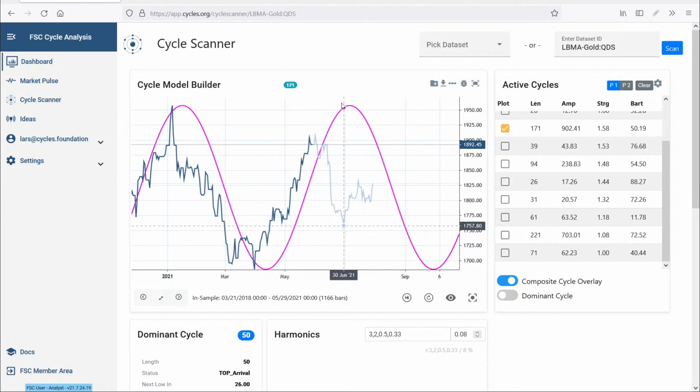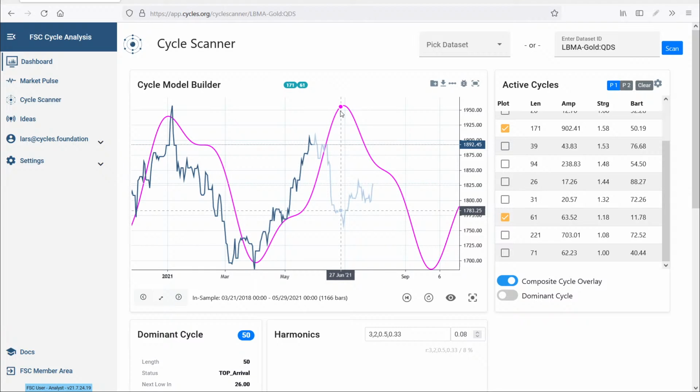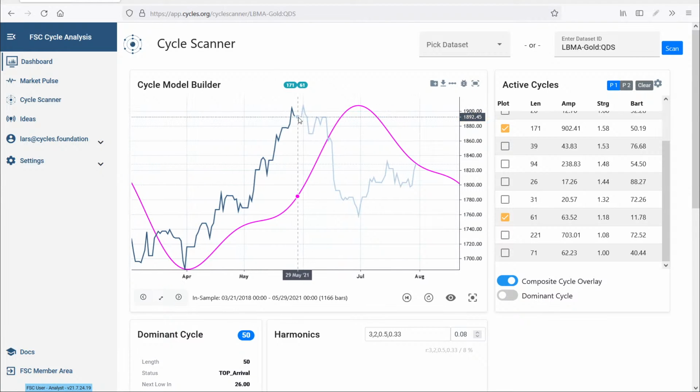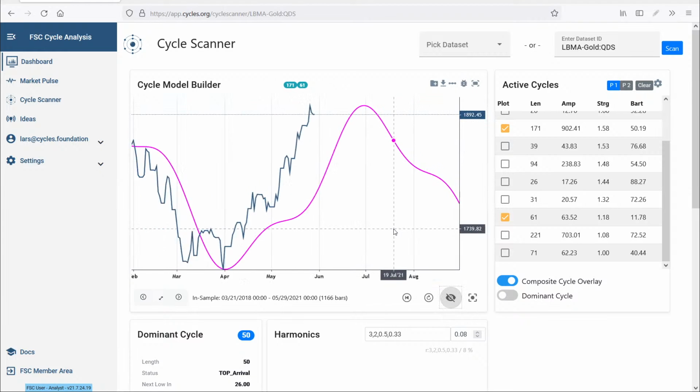And please observe what happens with the top here at this point in time. If I switch on the 61, you see that the top moves to the left. So we see a translation of the upcoming top. If we would have done this here at this point in time, or I can even phase out the out